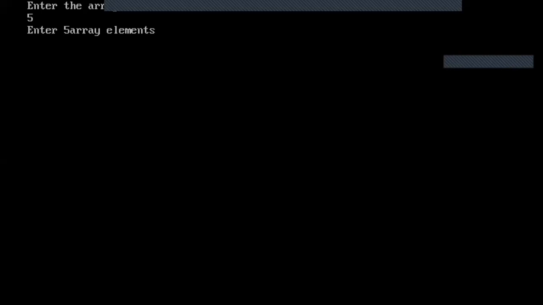Now you look at the values: I enter 10 space 20 space 30 40 50. I have entered them in one line by leaving space between the values. If by mistake you don't leave space, 1020304050 is considered as one number, one input value. So you should be very careful. See, now the array elements are printed as they are. I have used backslash t, so it is printed as it is.